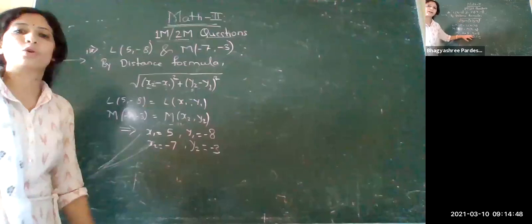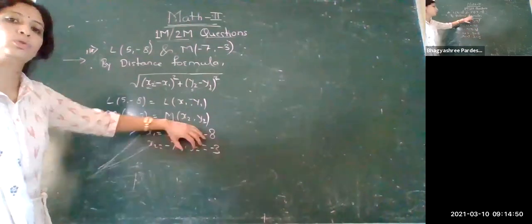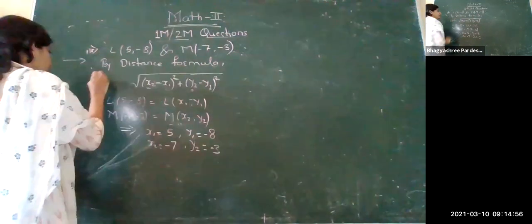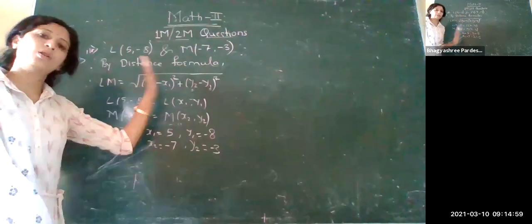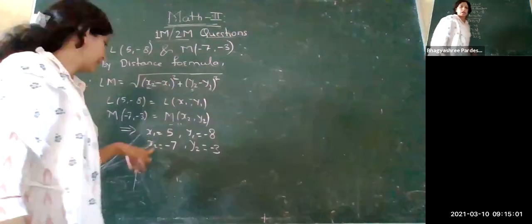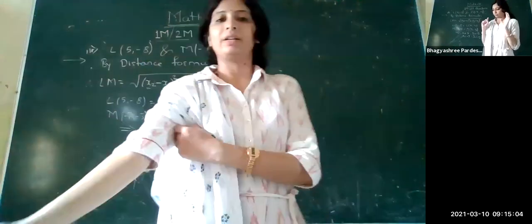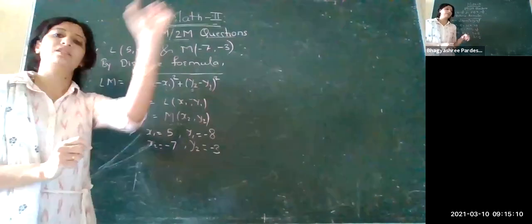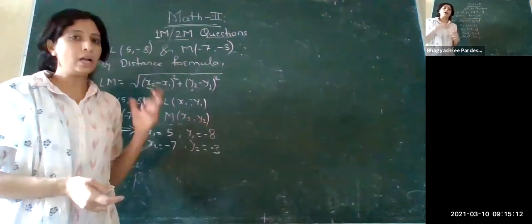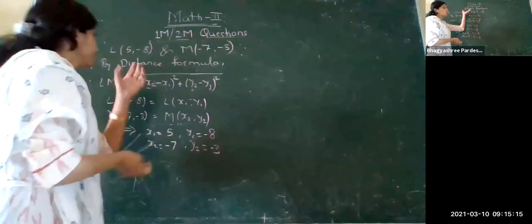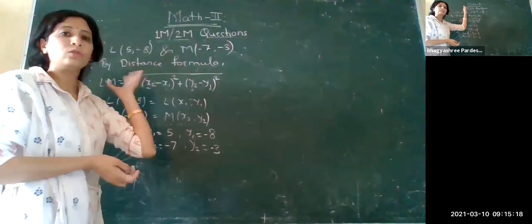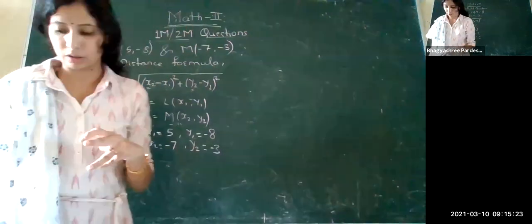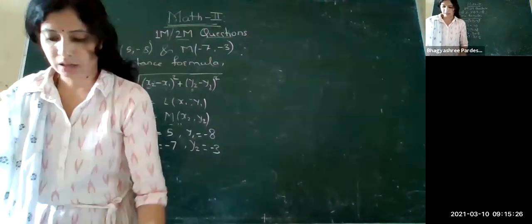This is the easiest part. Simply put all these values in the formula, and we will get our answer. This is by the distance formula. Substitute, solve that one, and we can get this. x2 minus x1 bracket square plus y2 minus y1 bracket square. So remember this thing: if the distance is asked, find the distance between any two points, simply use the distance formula. Another question can be asked: two or three points will be given to you, and you have to find the midpoint. At that time, we can use the formula for the midpoint. Okay, now let's see the next one.